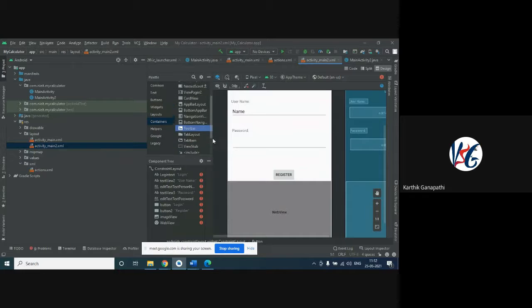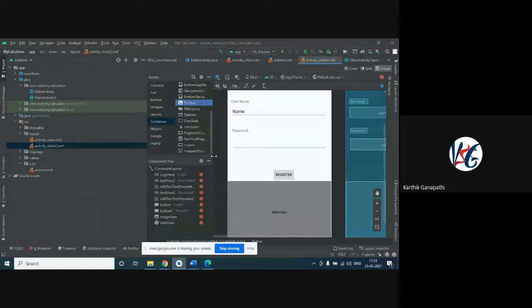Next comes the tab layout. So tabs will be provided, as you can see. There is not much difference between the navigation bars and the tab bars or tab layouts. Tab layouts are something like where we are going to have dedicated tabs for navigation. We are going to place the tabs on the top or bottom or the right side or left side of the activity, and when we click on that particular content, it is going to navigate you. So this is what happens in the tab layout.